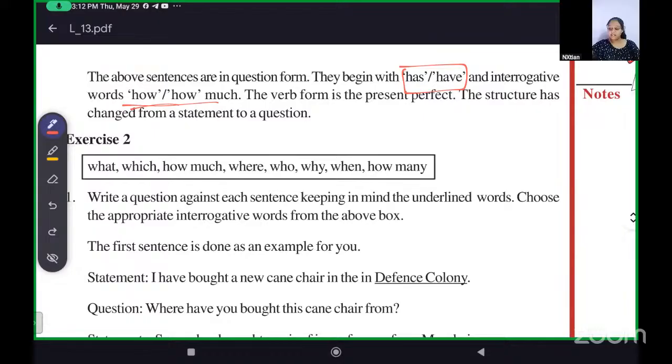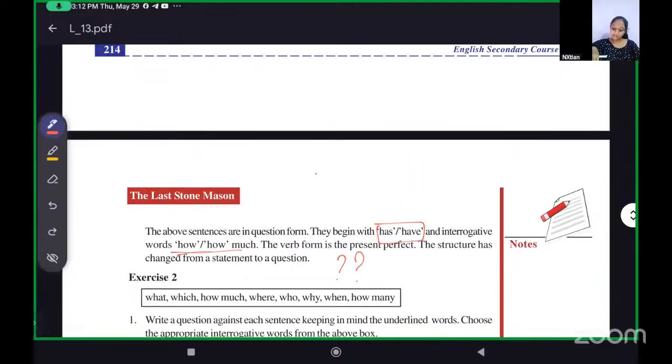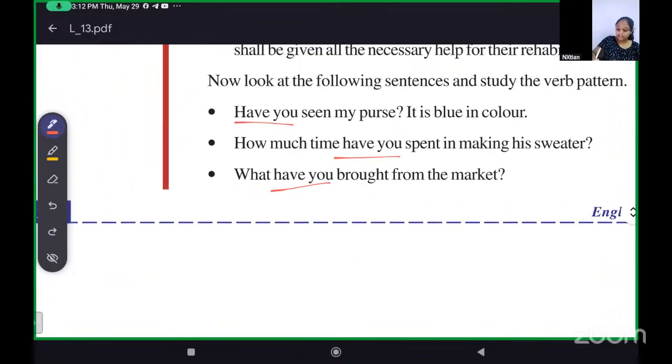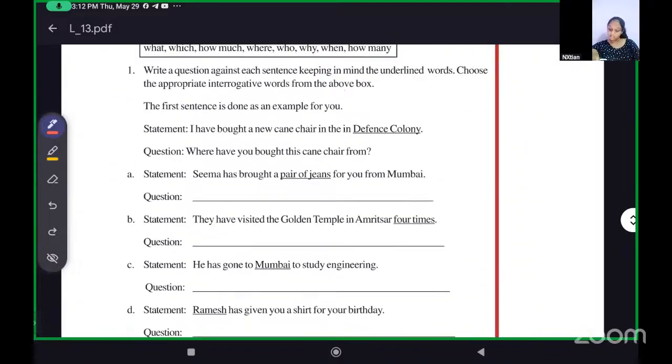When they are interrogative sentences, means when they are asking questions, the question forms of it will begin with question words like how much or how or what, or it can also begin with has or have. Okay. Now